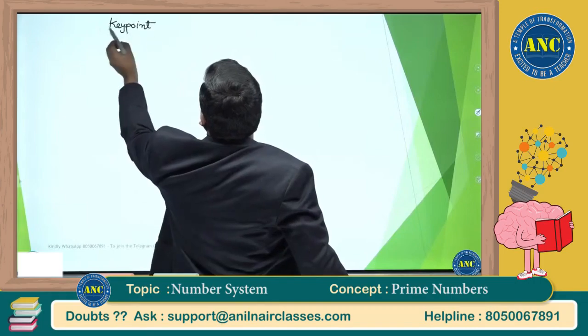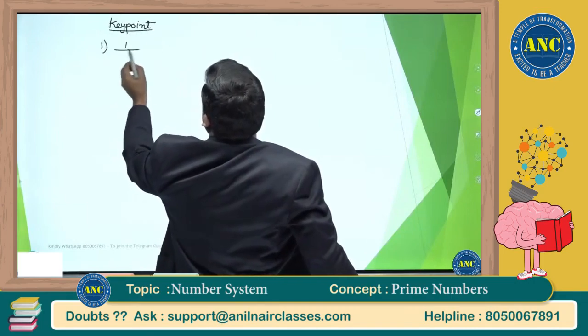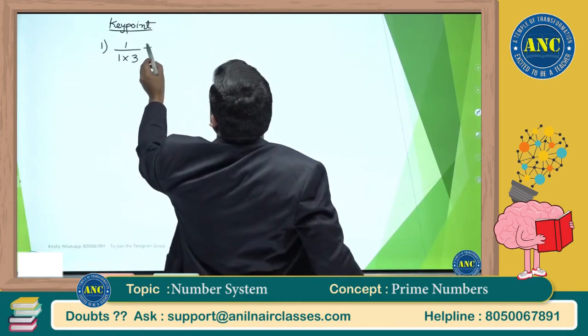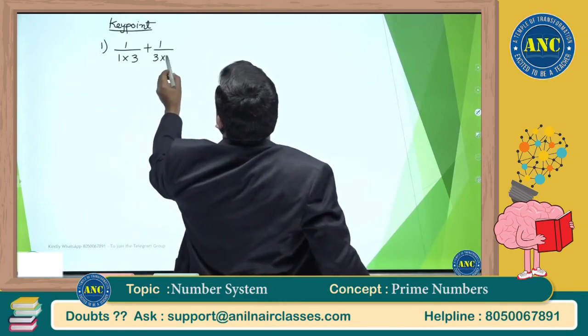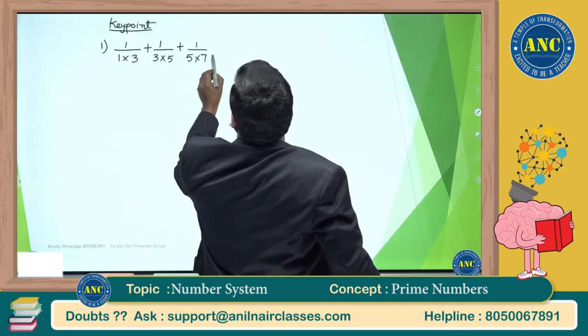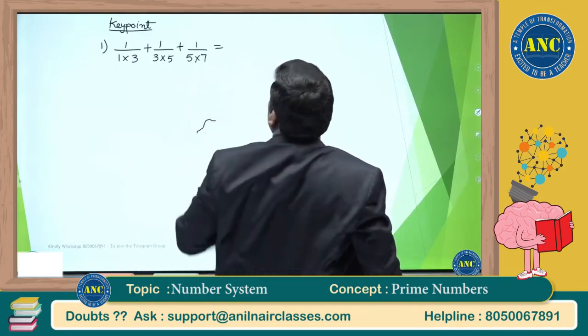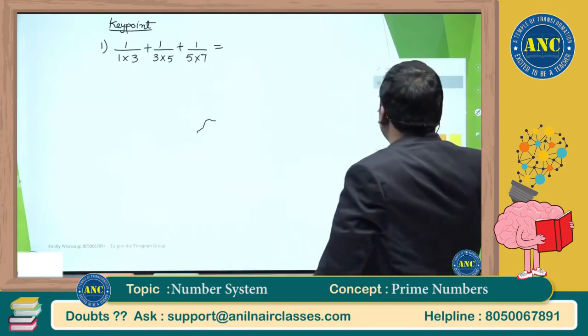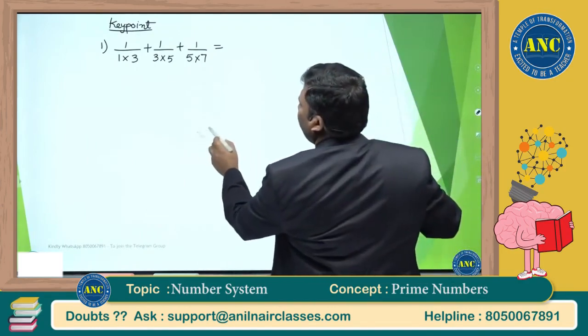I discussed this, but you can still further optimize it. 1 by 1 into 3, 1 by 3 into 5, and 1 by 5 into 7. If the question is like this,